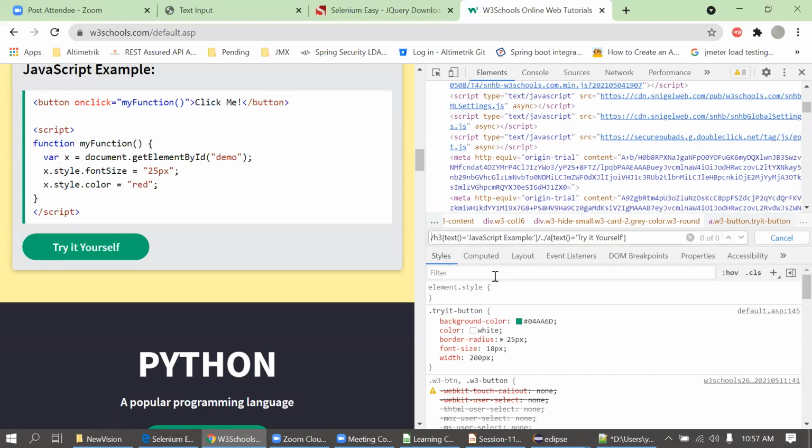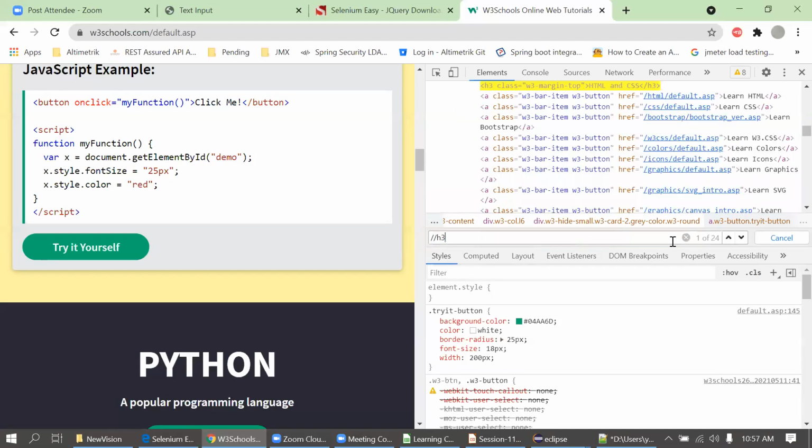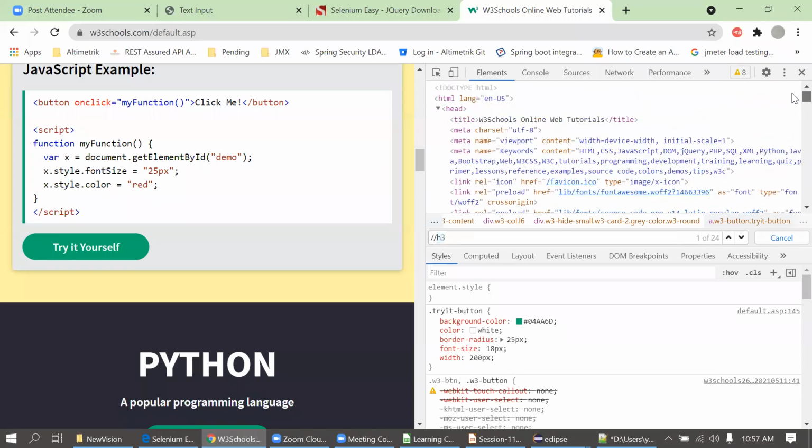And when we are using the relative XPath, if you use the double slash, it will simply search for this h3 in the whole DOM. That is the benefit of the relative XPath. We should always go for the relative XPath. We should not use absolute XPath, because it will traverse the DOM from the root, from this head, and it will take more time to identify our element. To make our XPath relative, we should go with the double slash.